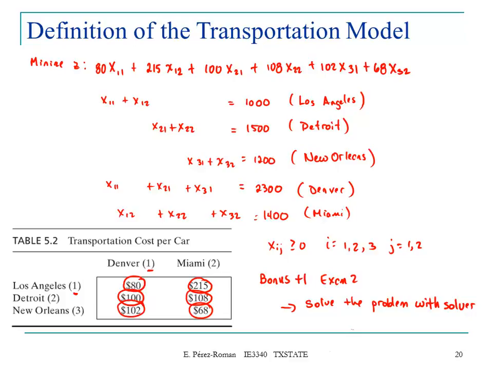The supply for the first plant, Los Angeles, was 1,000, and the supply for the second plant, Detroit, was 1,500. New Orleans has a supply of 1,200, Denver had a demand of 2,300, and Miami had a demand of 1,400. So we discussed how to formulate these equations, these constraints, and I asked you to solve this problem using Excel